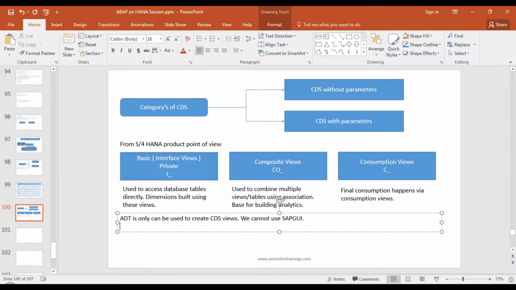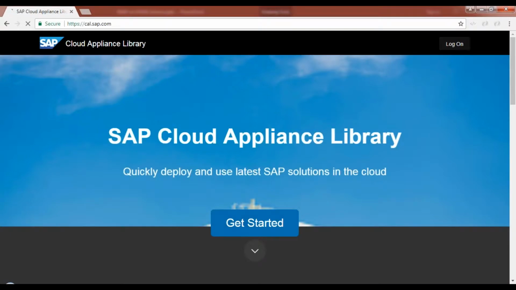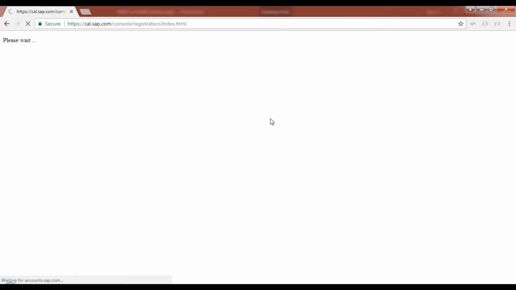Okay, so now we will go to the system and create our first CDS views using ABAP development tools. So let's go ahead and do that. And then later on, we will see how to build CDS views also in the context of the SAP S4HANA product. We will also see how to consume the CDS view via OData service from a Fiori application, and also see how to consume CDS views using IDA, integrated data access, ALV. Advanced ALV concept in ABAP on HANA allows you to access CDS views directly. We'll see that in the system in our demos. So let's get started. Let me quickly log into the server.